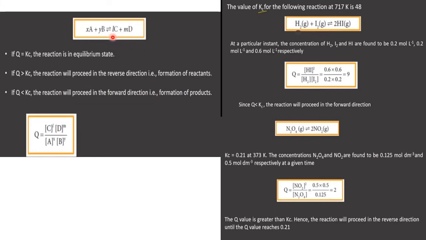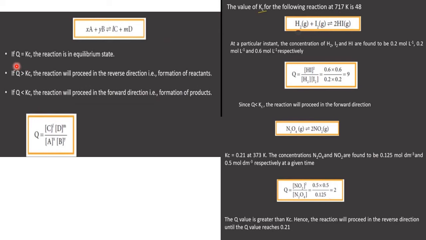When do we write that? After equilibrium is reached. One more condition is also there, before reaching the equilibrium state. Before equilibrium is reached, reactants are slowly being converted into products, but equilibrium is not reached still. If you write it in that state, that equilibrium constant is called Q. Kc means the constant term for the equilibrium reached condition. Q means it is the same equilibrium constant expression, but before the reaction reaches the equilibrium.